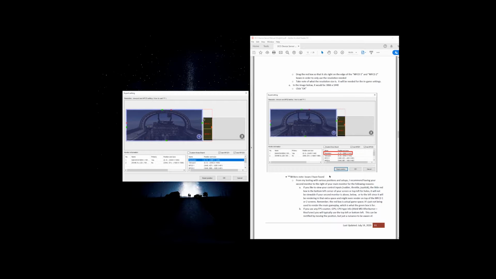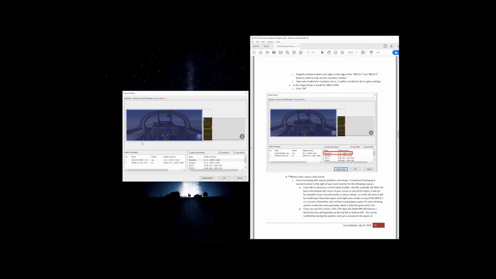So kind of getting into some of the notes, the issues that I found is that when you set the monitor, I personally recommend having the monitor set to the right. And the kind of quick reasoning, because I'm going to go over this twice, is that if you use